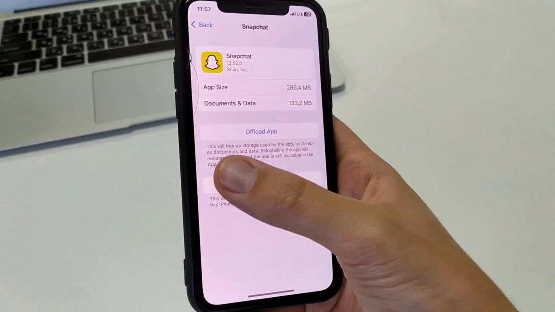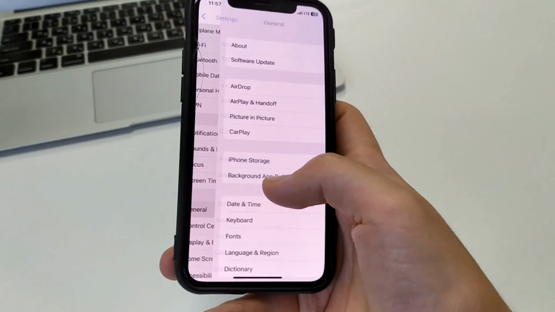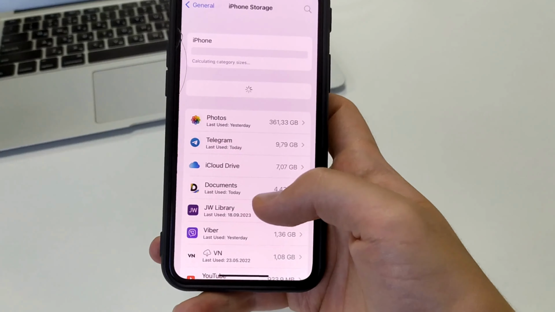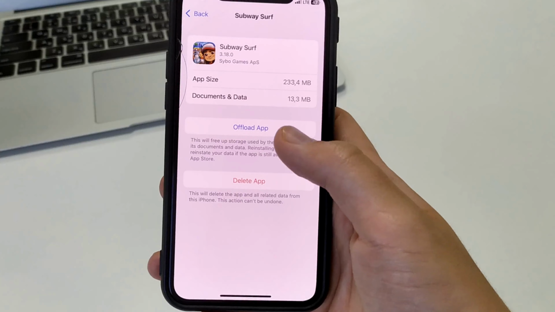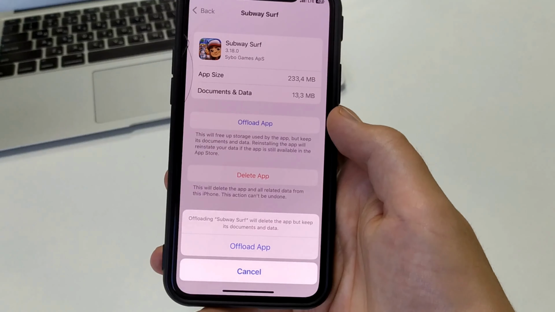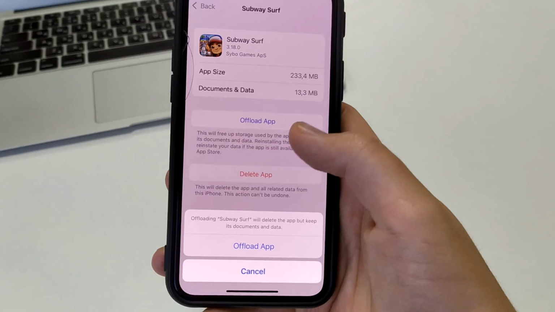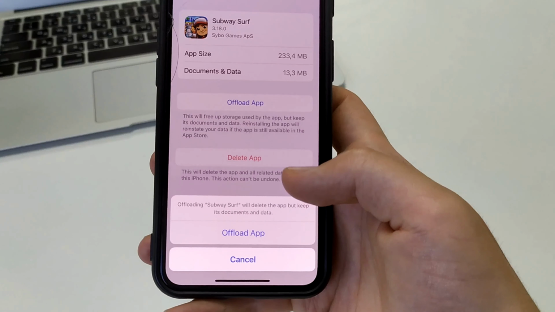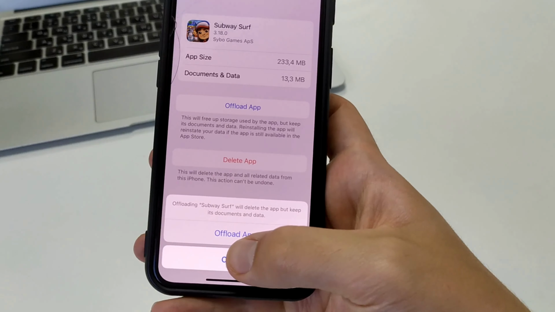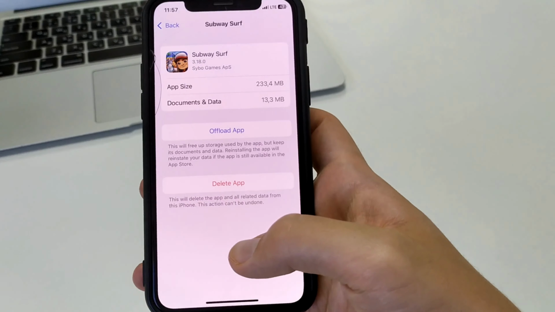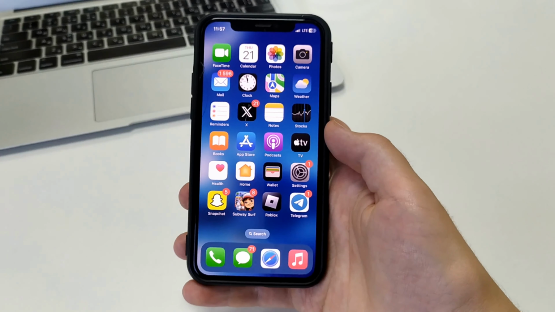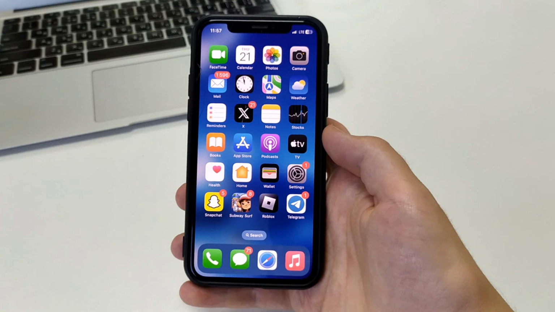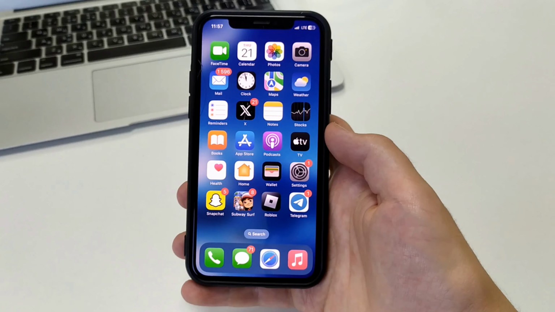The second way is you can also go to settings. Open the general tab. Open iPhone storage. Find Subway Surfers, and click unload app. That clears the cache and memory, but most importantly, we'll still have the documents and data. We'll just unload it and re-download it, and update it to the latest version that's available on the iPad or iPhone.